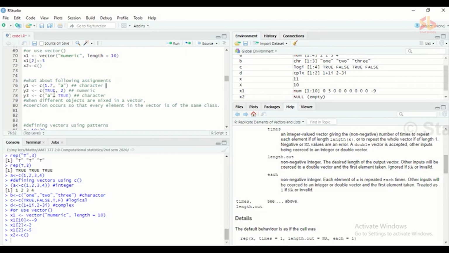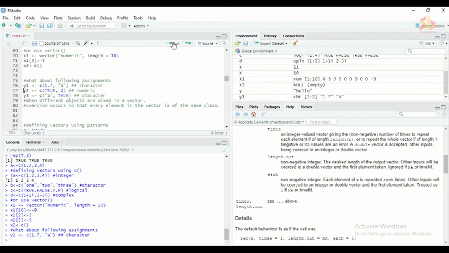So here y1 is a vector with 1.7 and a character 8. Since this is a character, this numerical character is also treated as a character. You can see after executing this one, in y1, 1.7 is not a number now, it is a character.